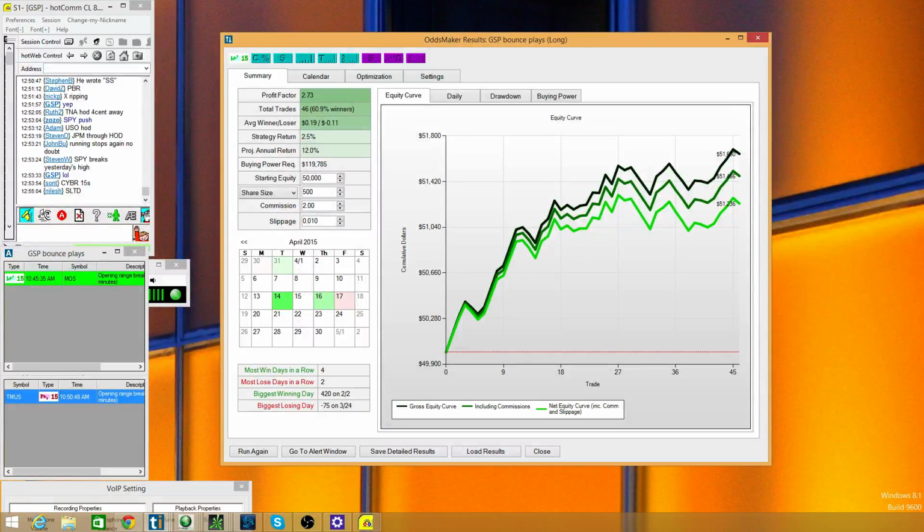Hold on. Windows being a bit weird. Here it is. So not only can you find these strategies and tweak these strategies, but as I mentioned earlier, I want to kind of put together, I don't know, a committee or a group of people that find this as interesting as I do and pick up the odds maker and start doing weekly stuff, because you can see that in some markets, right, this is a great strategy, and in other markets, not so much. So it would be nice to have a list of strategies and when they work best, and then we can kind of cycle through them.